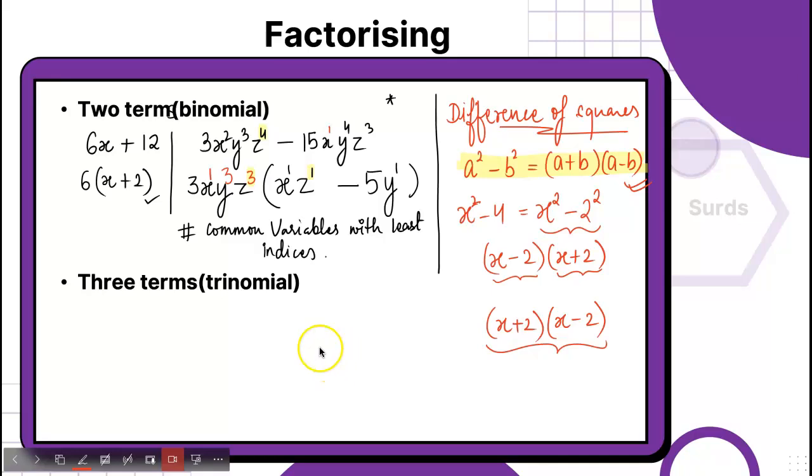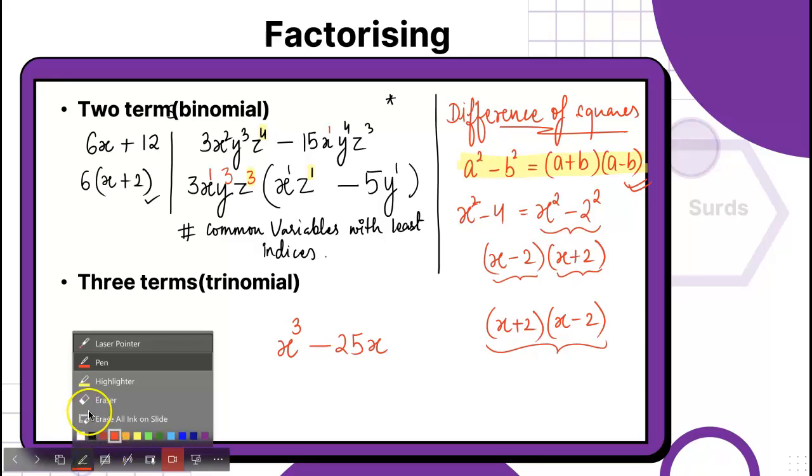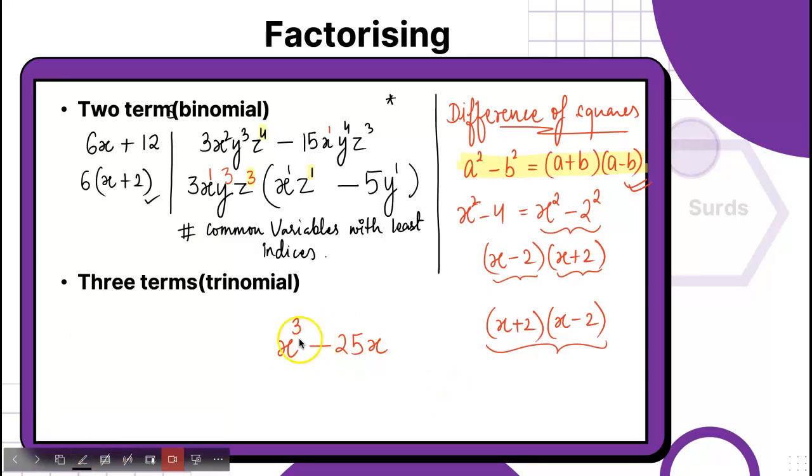Or it could be possible, say for example, the question, if it is written x cubed minus 25x. So what they did over here, they actually have added two concepts here. First is taking the common out. So out of these two terms, you're going to be taking x common out. So you will be getting x squared minus 25. And then we can simplify that. We can simplify it again.